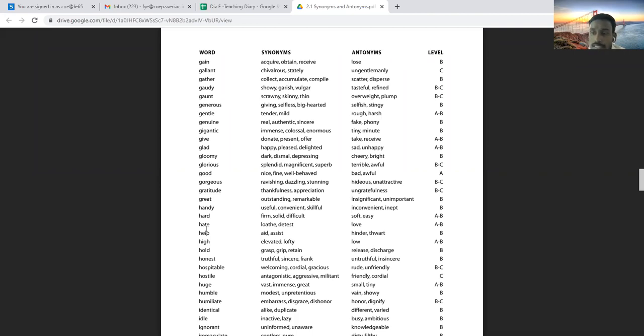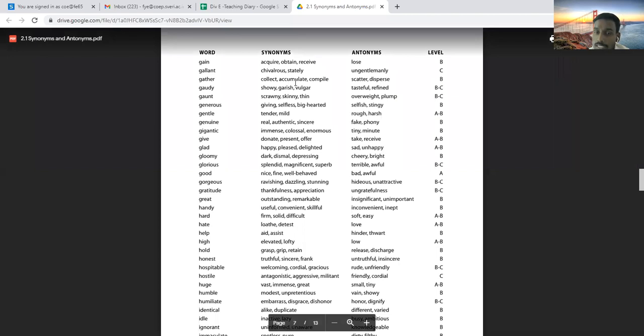It is not necessarily that you're taking it for the subject only, for getting marks only, for the test only. Don't do that. You want to improve your vocabulary. You want to understand English. You want to speak better English. Therefore, you need a lot of vocabulary. And one of the options for increasing your vocabulary is to find out synonyms and antonyms of a word. So don't take it casually, but honestly and genuinely go through it and try to increase your vocabulary. It is going to help you a lot.